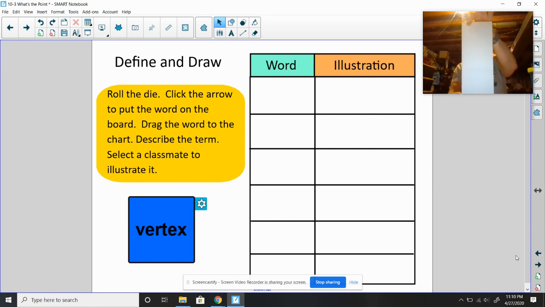So pause the video while you get a piece of paper and a pen or pencil. Maybe you can use the same one that you used the other day. I don't know. While you do that, I'm going to be right here